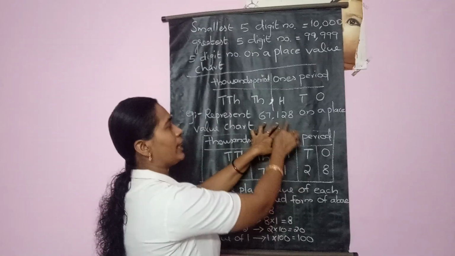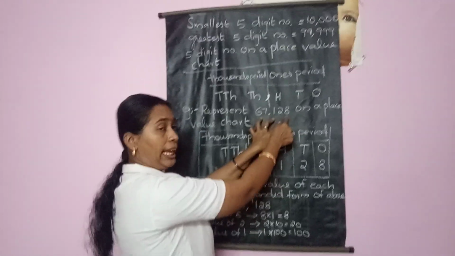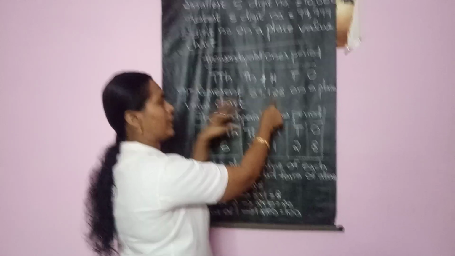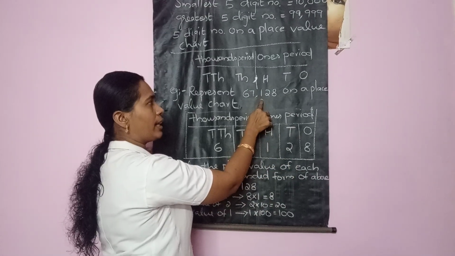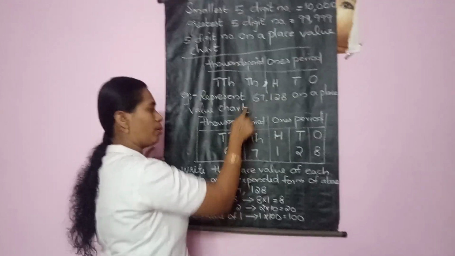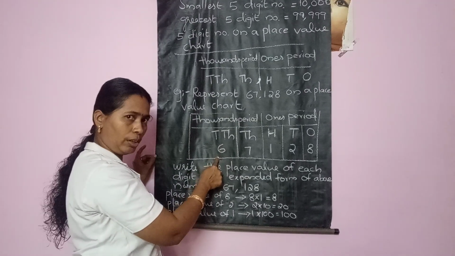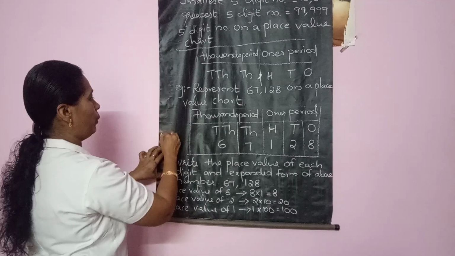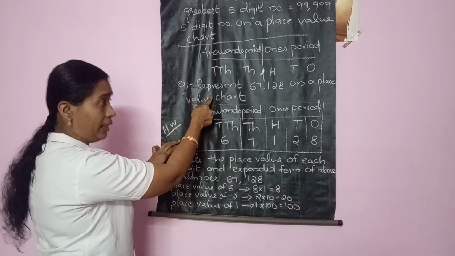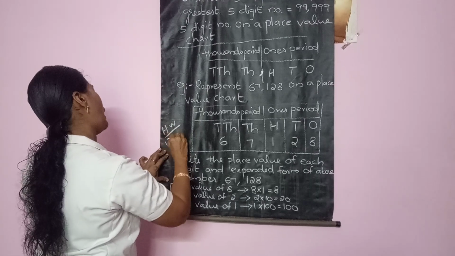Then you insert the required digit. Look at this. Which is in the ones digit? That is 8. So you write 8 below O. And which is in the tens digit? 2. Which is in the hundreds digit? This one. And 1,000, 7. And 10,000, 6. Isn't it? Okay. Then another homework for you. The same method. This question. Represent another number.